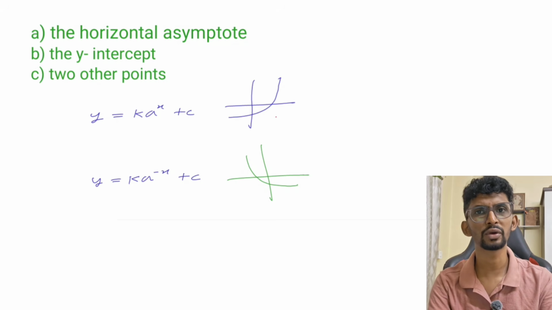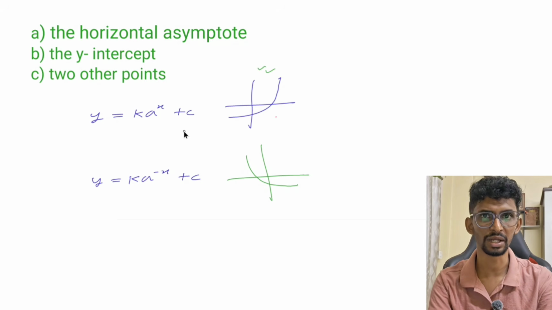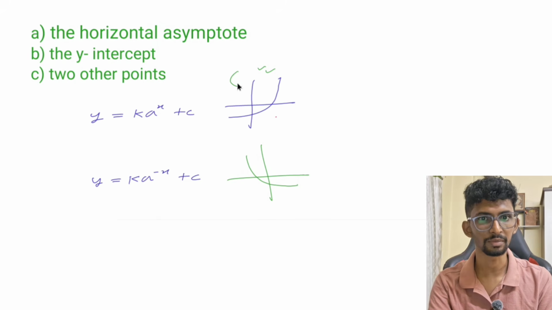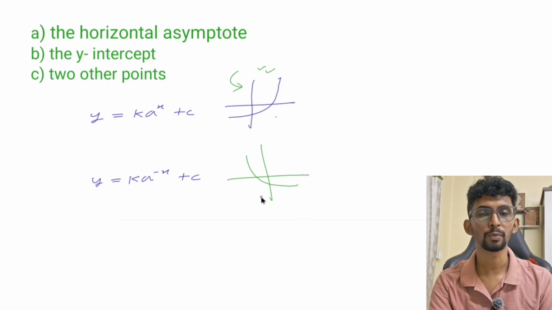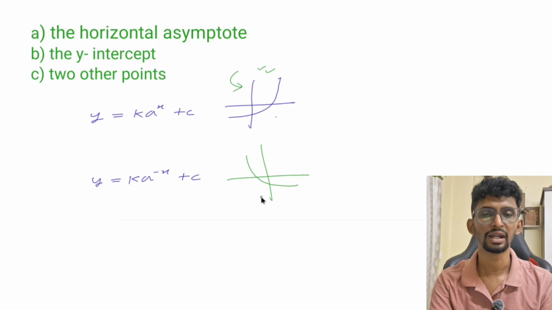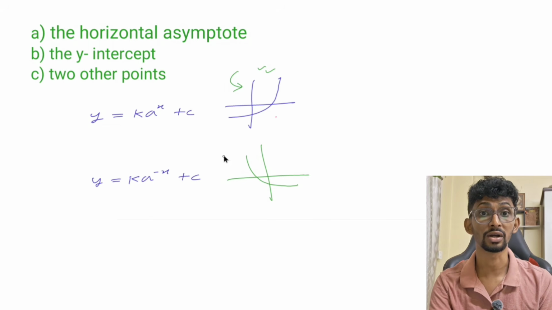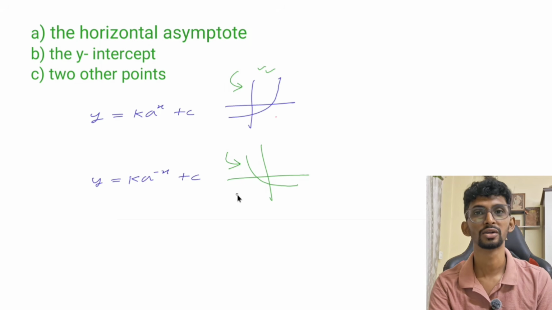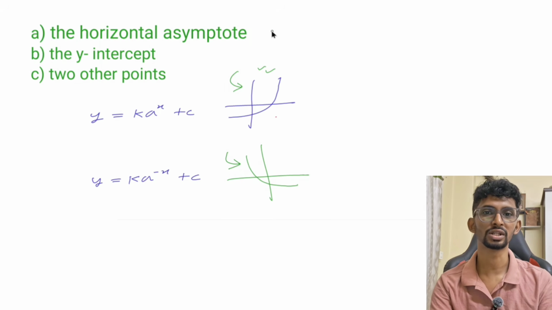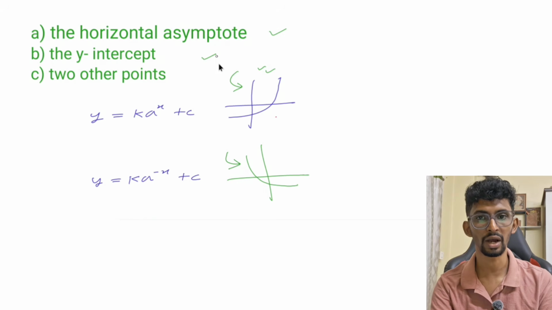For example, in the first case, that is growth, suppose you invested some money, so its graph will be something like this. In the second case, that is decay, suppose you bought a car, now its value is decreasing, so its graph will be something like this. Clear? Now let us come to these three things, that is how to find the horizontal asymptote, the y-intercept,